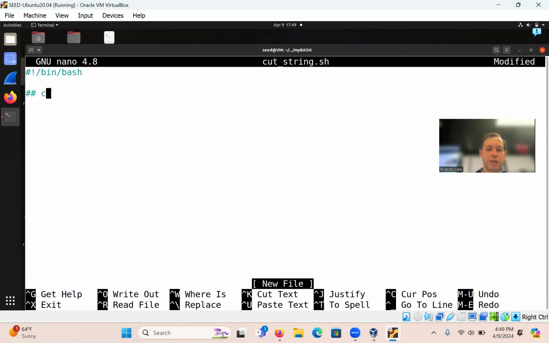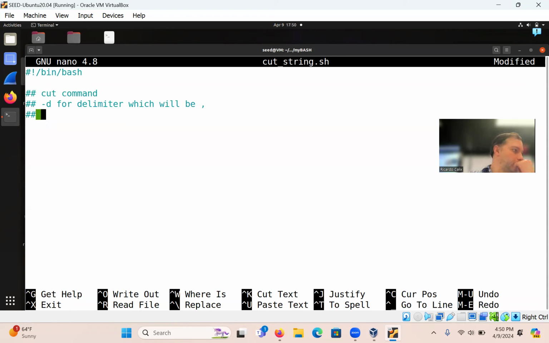We are going to use the cut command, Linux type command, and then the -d flag for delimiter, which will be comma. So we're going to use the comma for the delimiter.